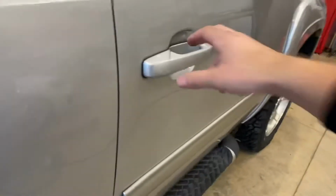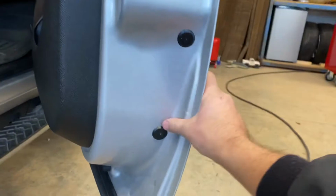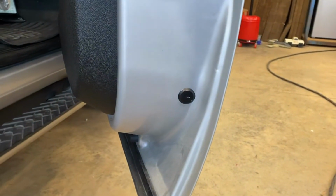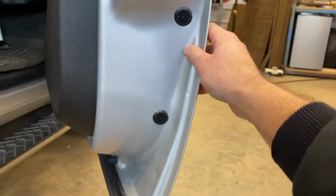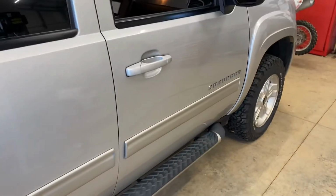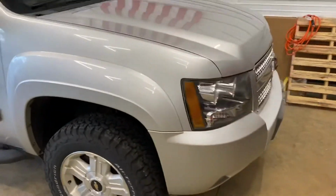So he did have to drill 2 holes and seal and plug them to gain all the access he needed. But I mean, no big deal. A lot of cars have plugs from the factory. So overall, I'm happy with the results. Saved us having to leave this thing at a body shop. He came right to the shop and did it here. He also restored the headlights,